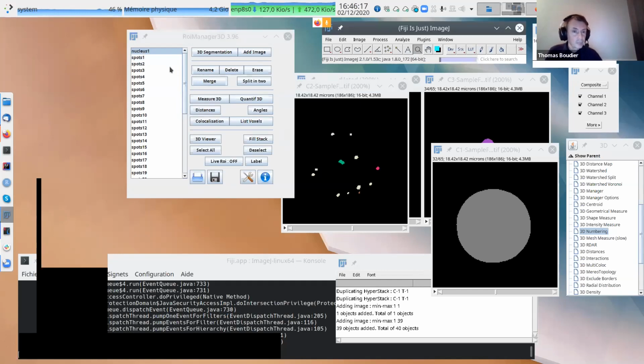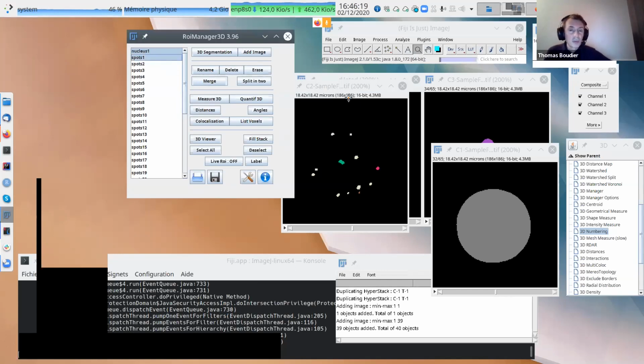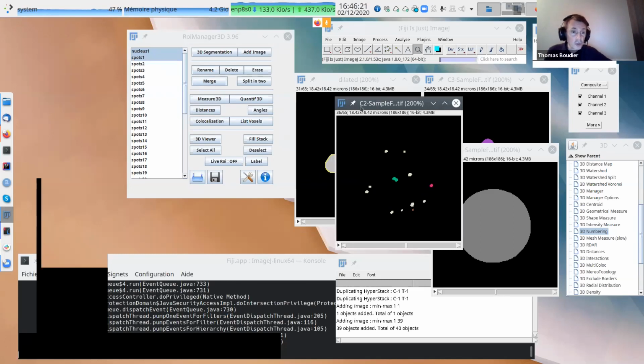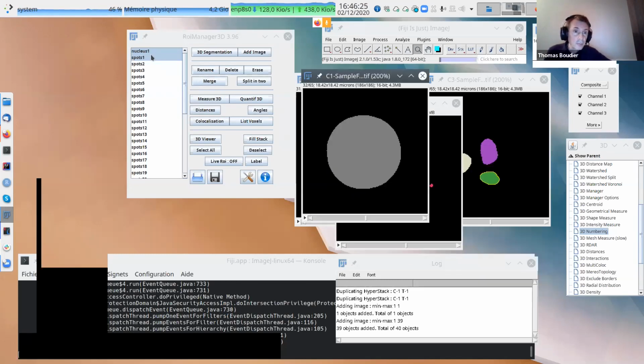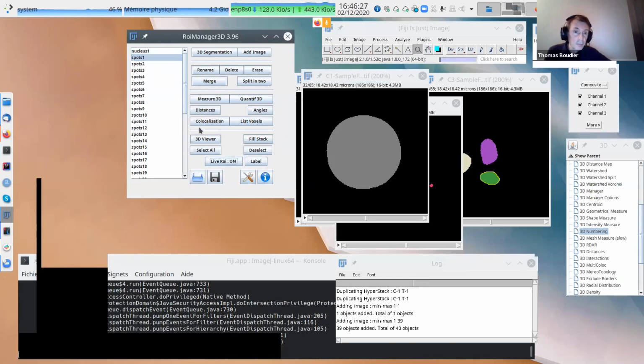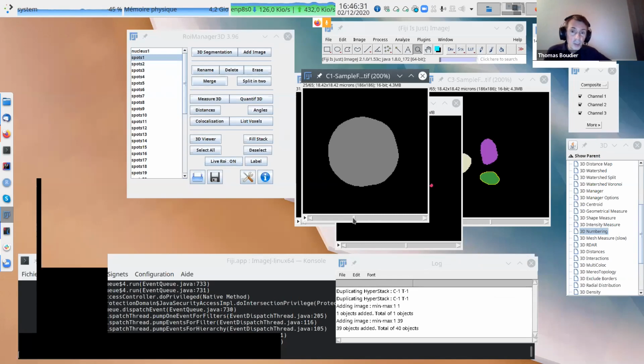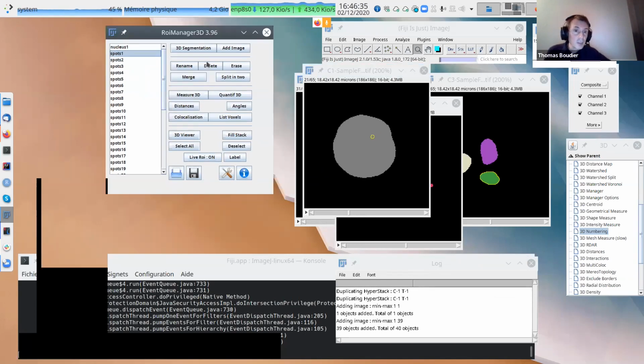So the distance between the nucleus and the first spot. Where is the first spot inside the nucleus? Okay, the first spot is here, just to have an idea what we are going to measure. Nucleus, spot, and do the measurement, distances.